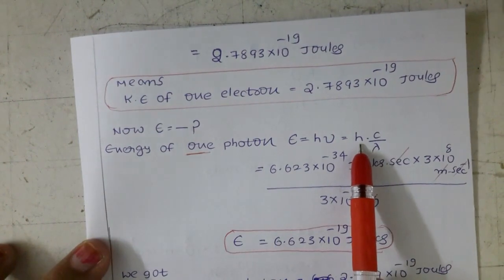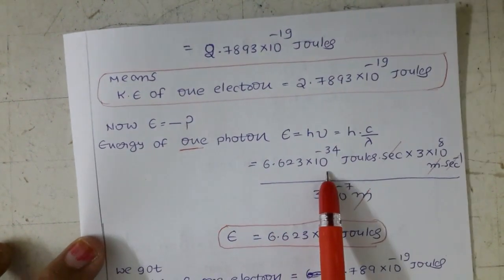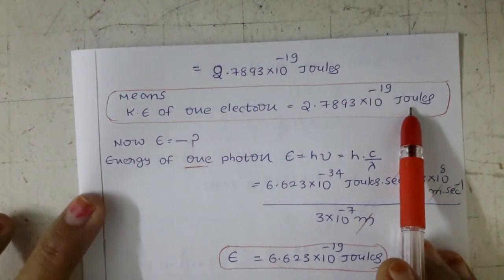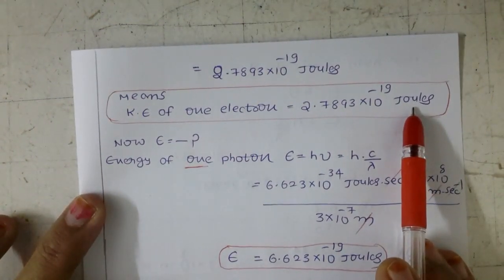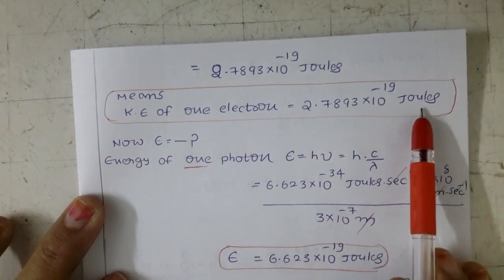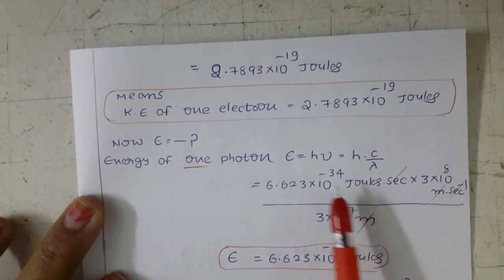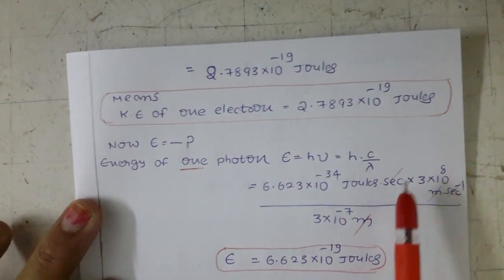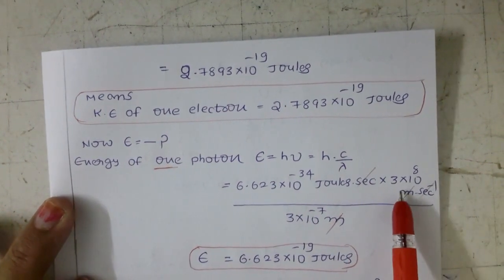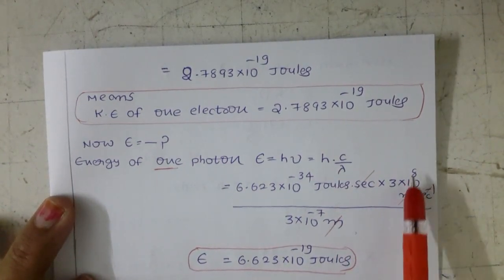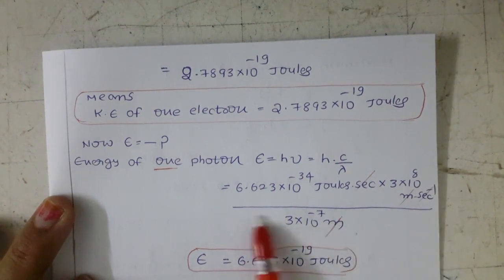If you go for substituting the values, h is Planck constant. I am taking it in joules, because already here we got the kinetic energy in joules. Isn't it? So the unit should be the same for all energy, because kinetic energy is also a type of energy. So we are taking h also in MKS units, joule second, and c should be in MKS, that is 3 into 10 to the power of 8 meter per second, divided by lambda.